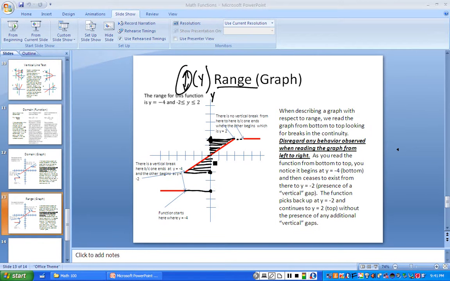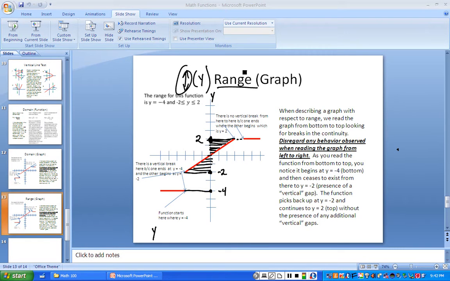Down here, I was at, let's see, that's 1, 2, 3, 4. So that was y equals a negative 4. This was y equals a negative 2. And this is 1, 2. This is y equals a positive 2. Alright, so the way we explain this is